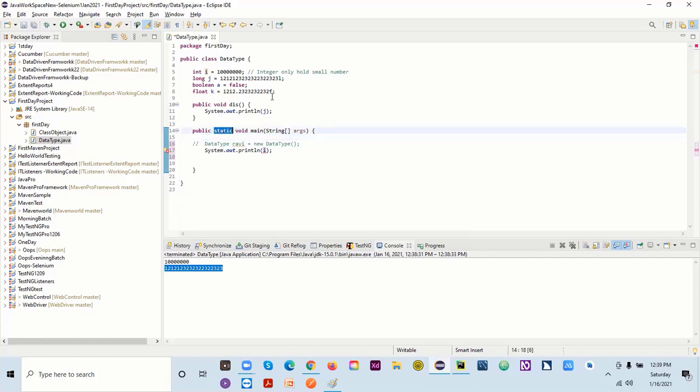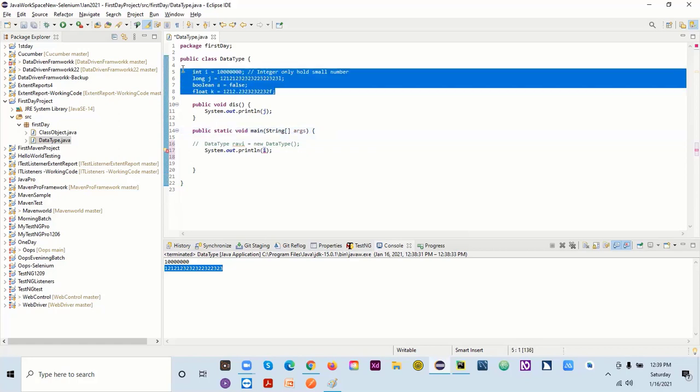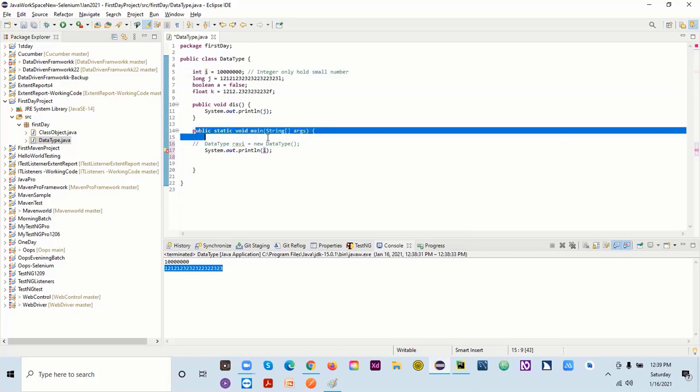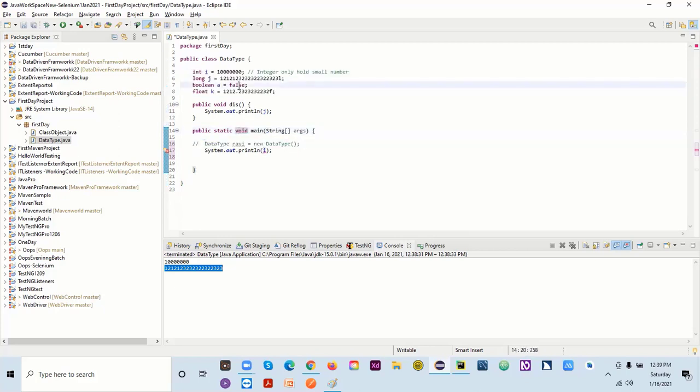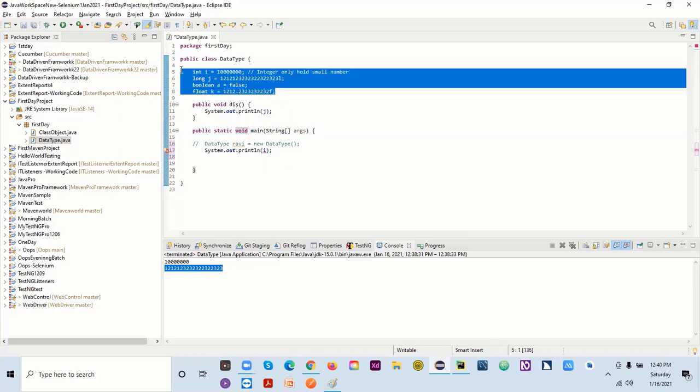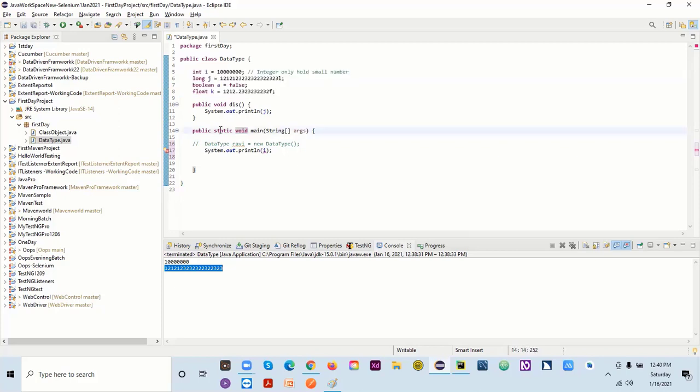Can you see what we have mentioned here? Static. This is non-static, and this method is static. So we cannot call any data variable or data type in this main method if it is not static.